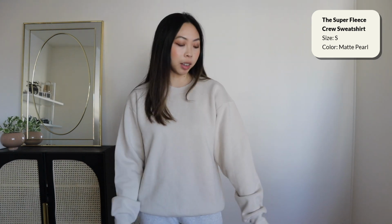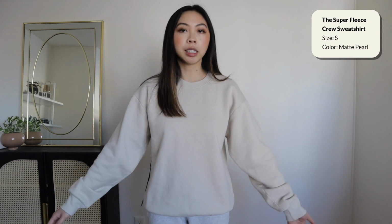Alright, let's start off with Crewnecks, and the one that I'm wearing is the Super Fleece Perfect Crew in the shade Matte Pearl, and this one is in a size small. I really like the color of Matte Pearl. It's a really nice neutral light beige color, and this is how the perfect crew neck fits on me. The size small is actually a really nice fit. It's not too oversized, but it's definitely not fitted or anything, so I would say it's a really nice